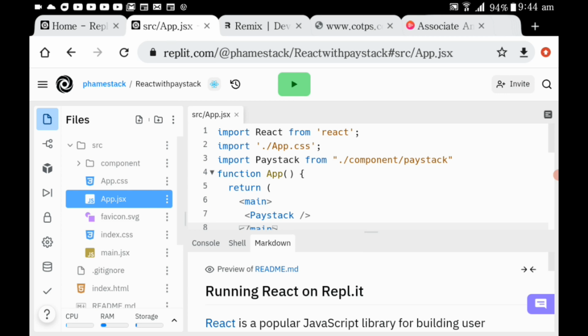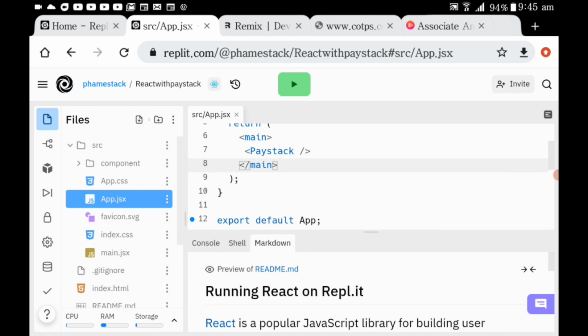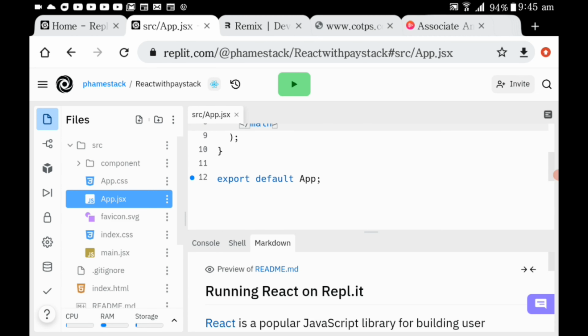As you write your code, it has a hot reload. So immediately as you are writing your code, you automatically see the results. So it's a very fantastic online IDE. As you can see here, I already have a React project installed. You can see my React project, or everything